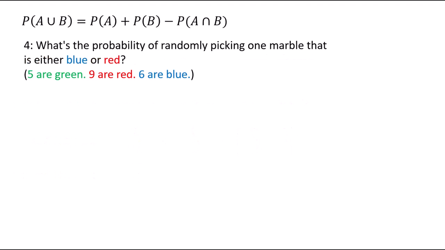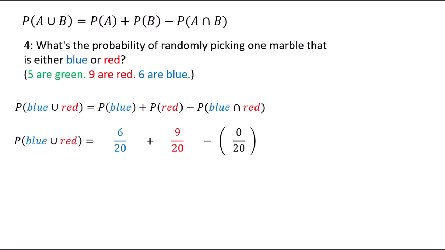Which brings us to question number 4, which is a little different. In this case, we are just picking one marble, and we want the probability of it either being a blue one or it could also be a red one. So again, we're just picking one marble. I'm going to use my same formula though, and then I'm going to add in all my probabilities there. So the probability of picking a blue one first would be 6/20, and then if we also could get a red, that's